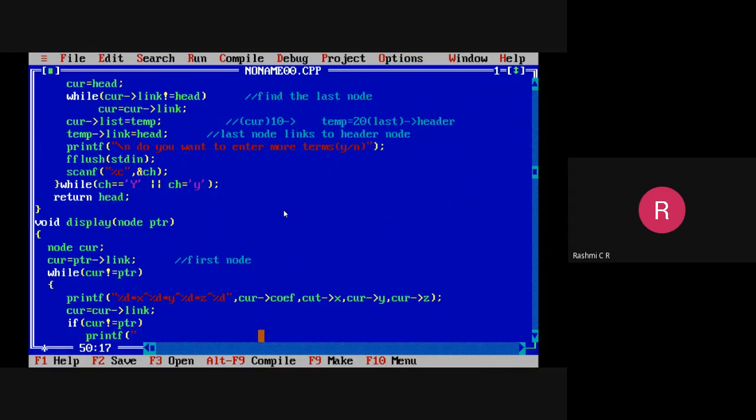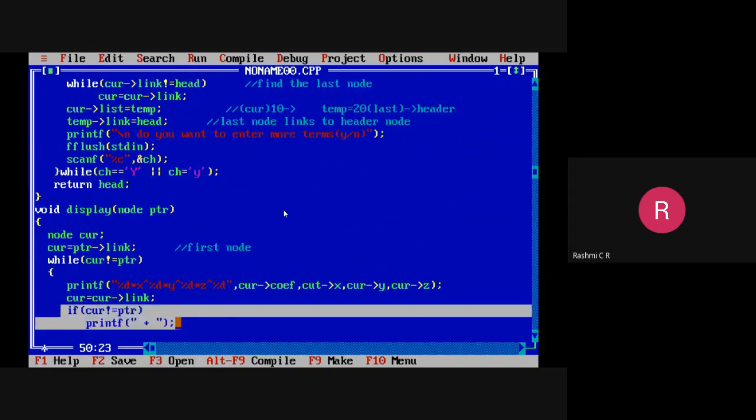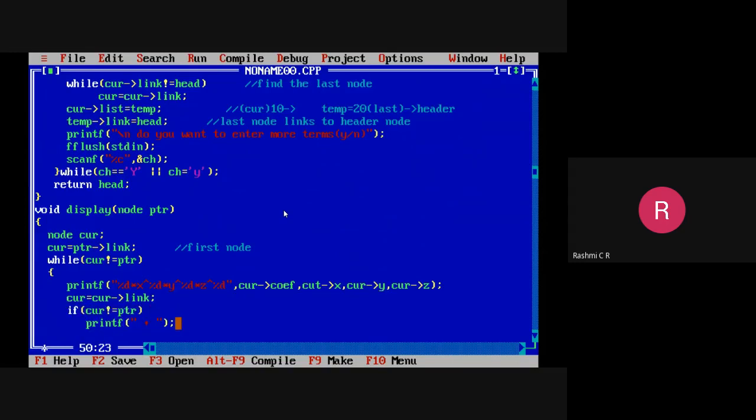Suppose you have 3xyz, afterwards if you have another term, you will have plus something. So to display that plus, we are just indicating it in the printf statement. So if your current is not equal to the header node, add plus in between. For each of the terms, in between you will have the plus symbol.